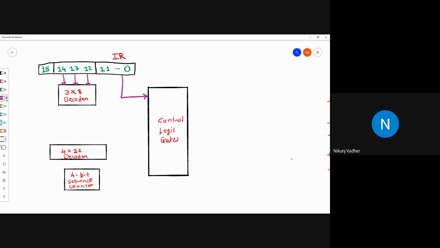This is the decoder, so 0, 1, 2, 3, 4, up to 7.